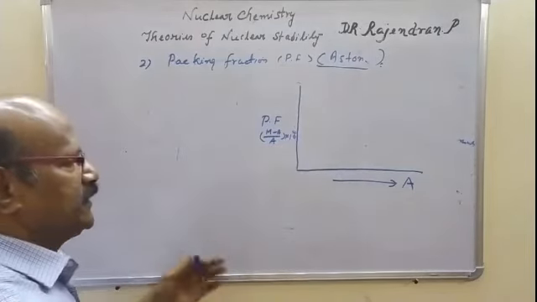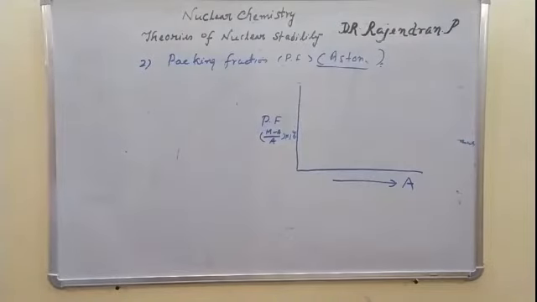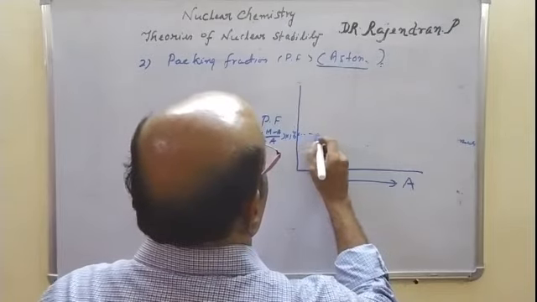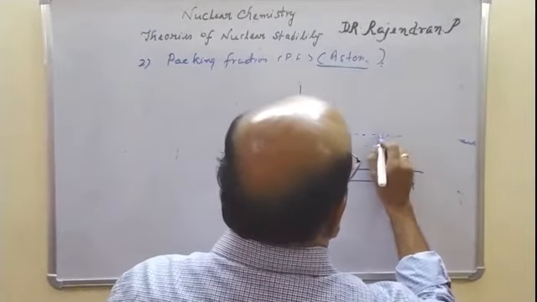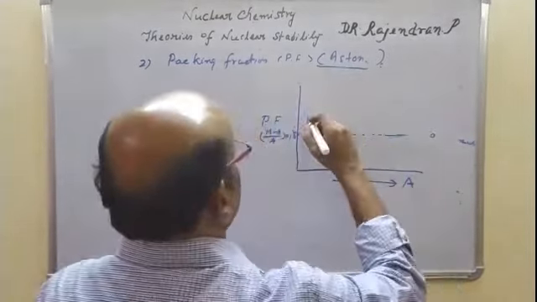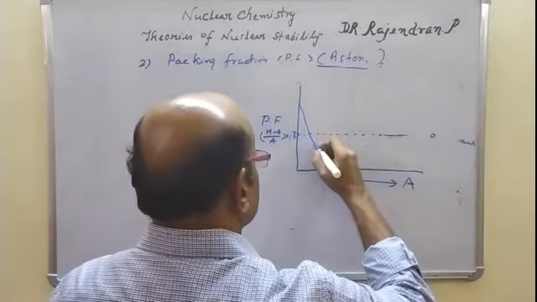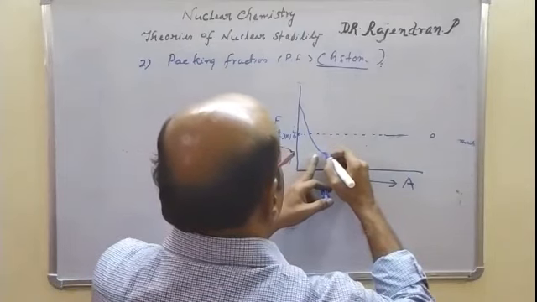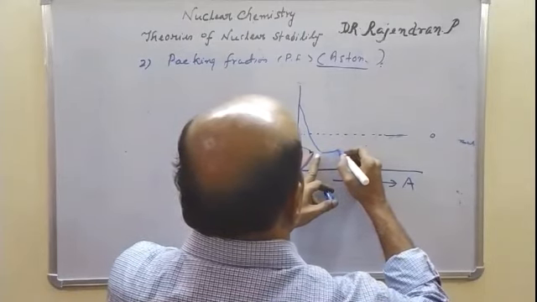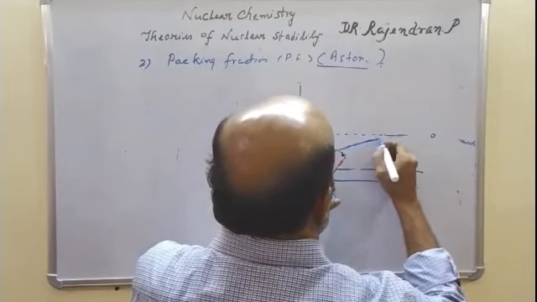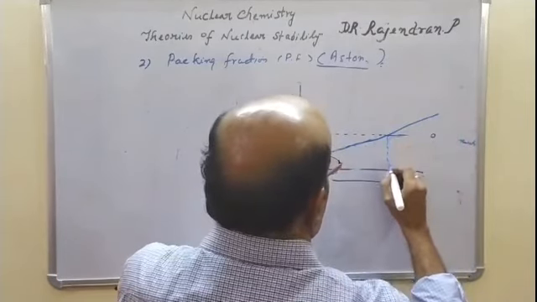When it is plotted against A, this is the zero value. The variation is like this, and at about 40 to 50 it becomes negative and keeps increasing in the negative fraction, and beyond 200 it again becomes